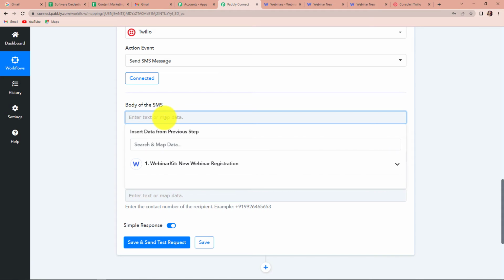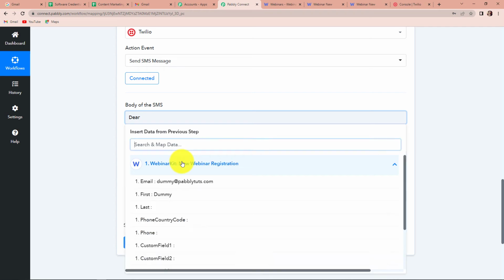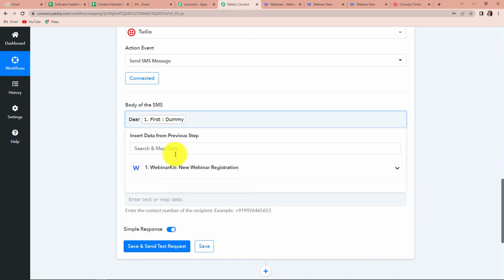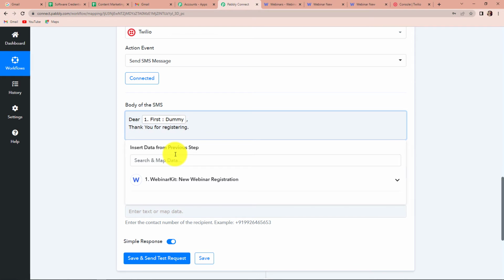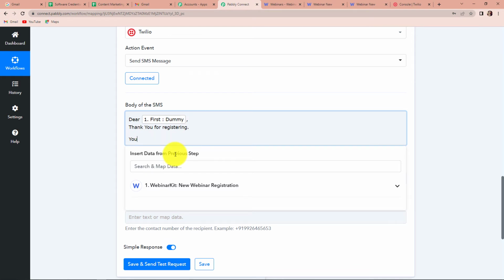Now the body of the SMS. So I need Dear, and here I need the name of the person. So I'm going to map this. Mapping basically means I've already received this information, and now I'm just getting it from my previous steps. So let's click on this, and this is the name. So Dear this, now I want to say thank you for registering, right? And now I want to write that you will receive the webinar link